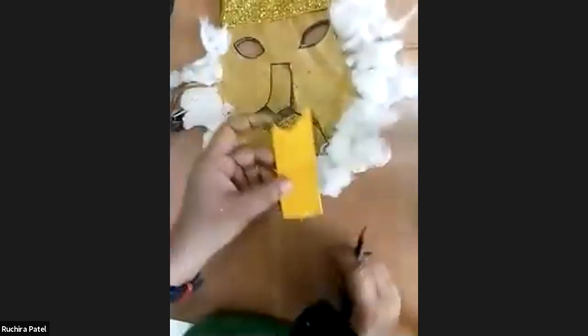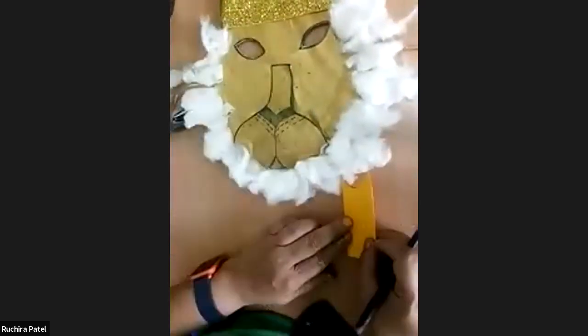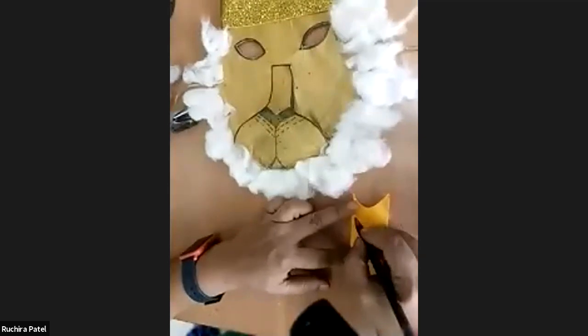Narsimha Bhishana Bhadram. The tilak of Narsimhadeva. So for that,